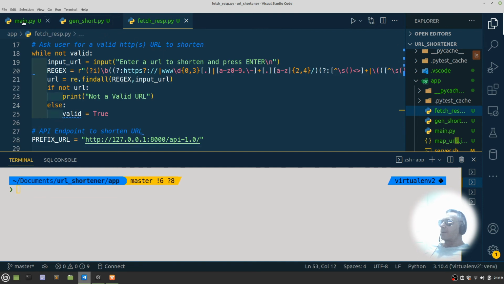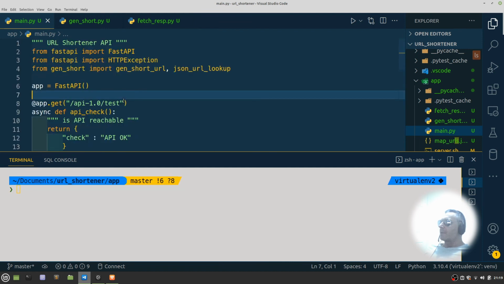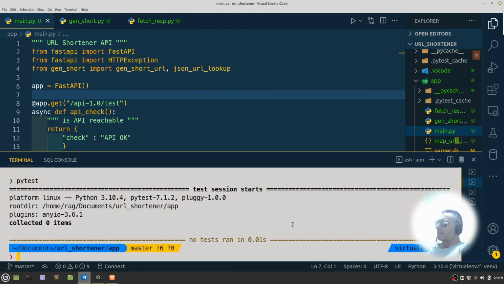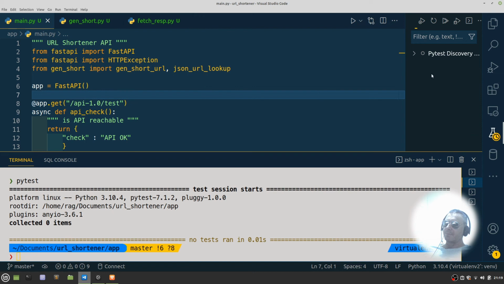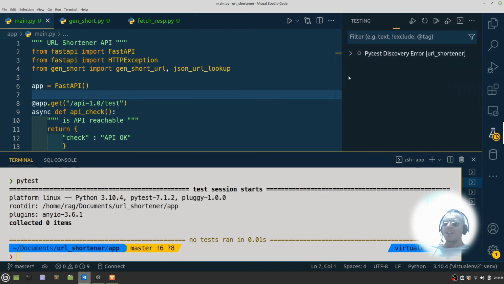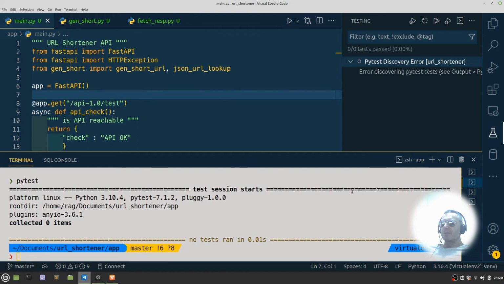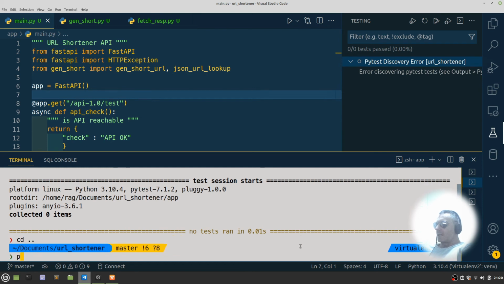So I've also had an issue with paths for pytest. Let me just run pytest again. No, that's where I was running into problems, because I was having to go to the folder above to get pytest working. That's where you can get into a muddle, because pytest you need to run above the app directory. And I've got issues here now. So if I go up one directory, cd .., and then I run pytest now,